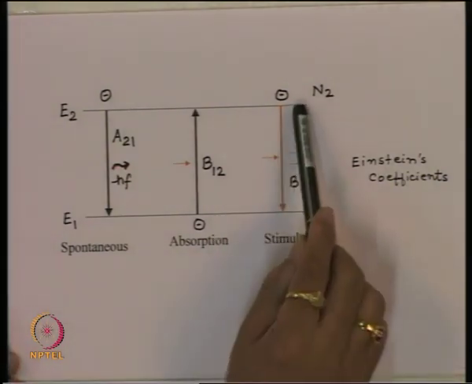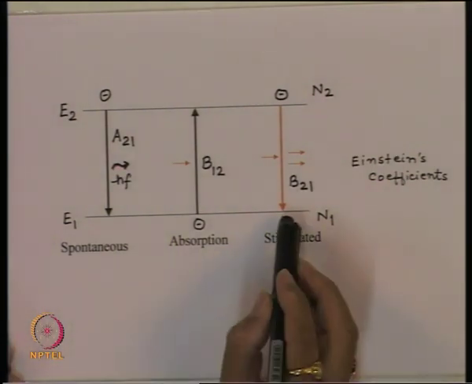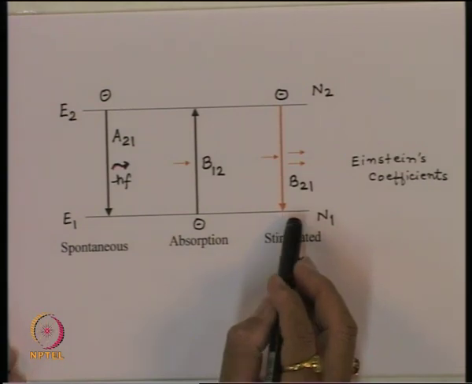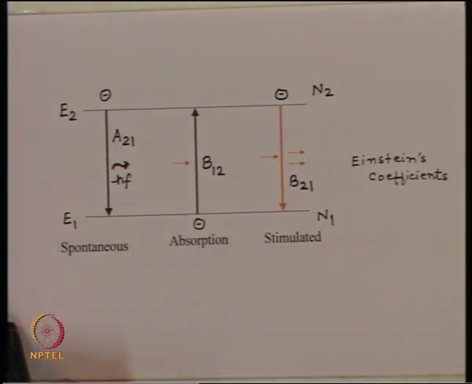In fact, this process, which is the stimulated process, was the one which was postulated by Einstein, and even if there was no direct evidence for this process to take place inside the material, it was proposed that